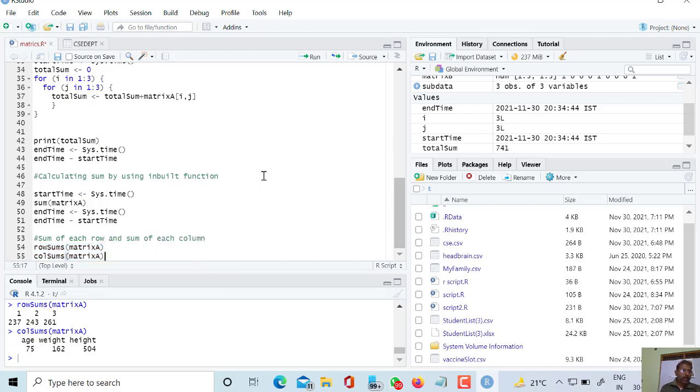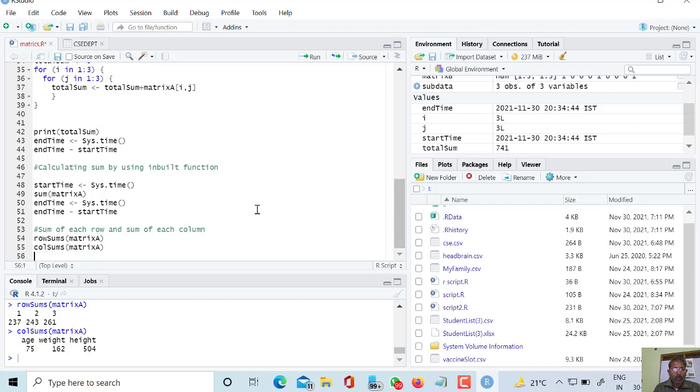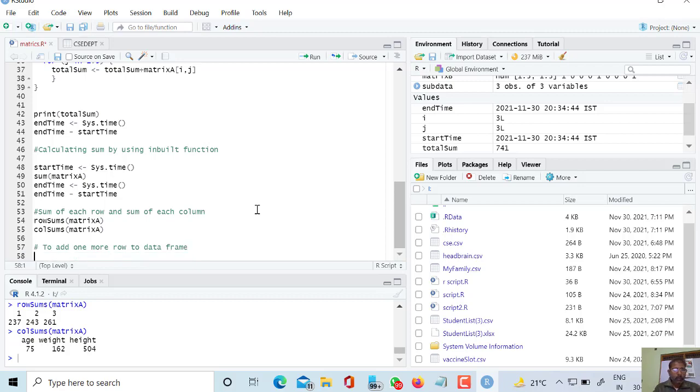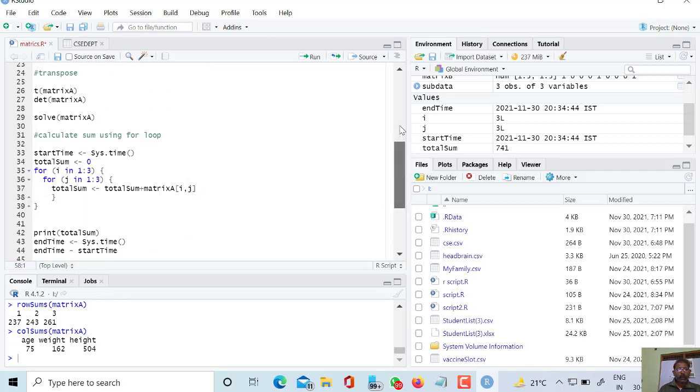So again now I want to learn how to add one more row to a data frame. What is the name of my data frame?